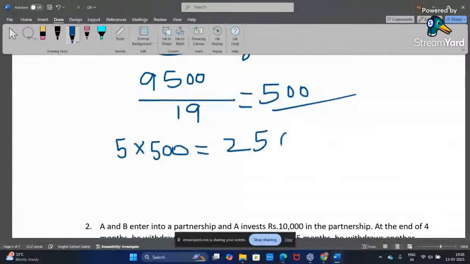For Mohinder, it was 8, right? 8 into 500. These are the shares which are divided in the ratio. If I just add these three numbers,